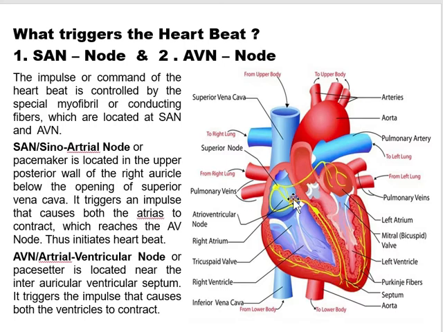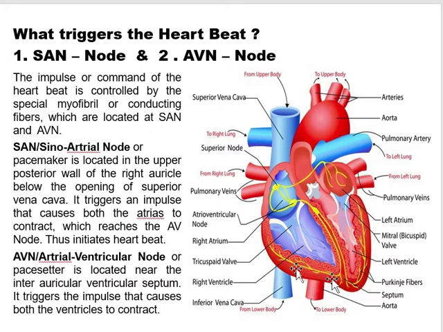So first the auricles contract together, then both the ventricles contract together, and these impulses that are triggered from these two nodes are carried by these fibers, which are connected through the musculature of the ventricles. It contains the fibers known as the bundle of His, and they constitute the Purkinje fibers that arise from the AVN, pass through the interventricular septum, and reach the tip of the ventricles,